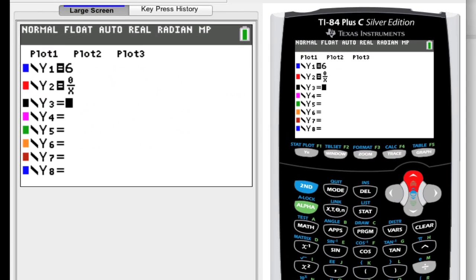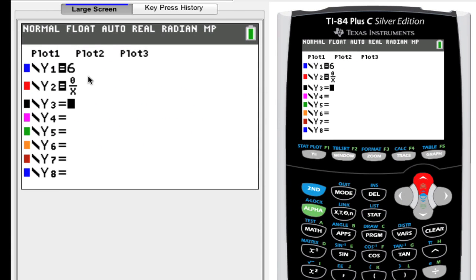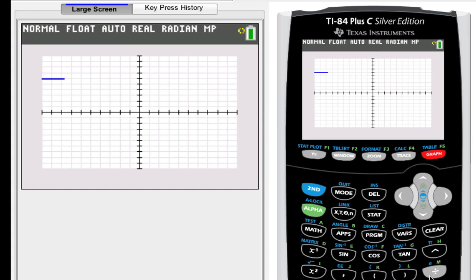So let's call up our calculator tool. Notice that I've already put in the function y equals 6, and here's the expression for the derivative. I'm using 0 over x because I'm not able to input an h or another variable in the calculator. So the second, or the red line, is going to be the expression for the slope or derivative, and the blue line is going to be the original function. Let's go ahead and click graph so we can take a look at what this is.